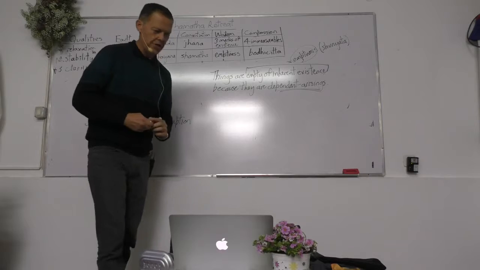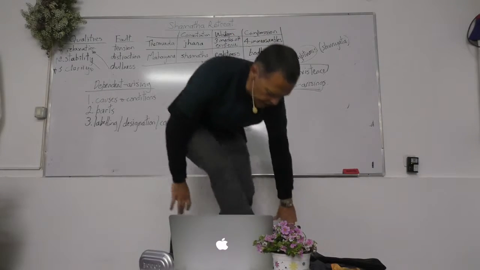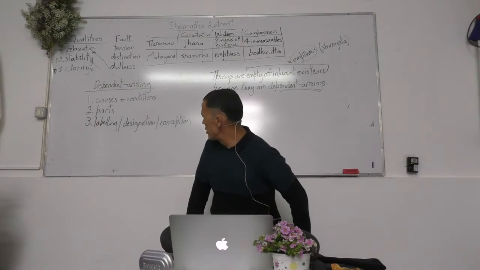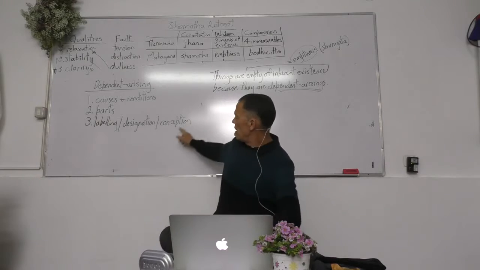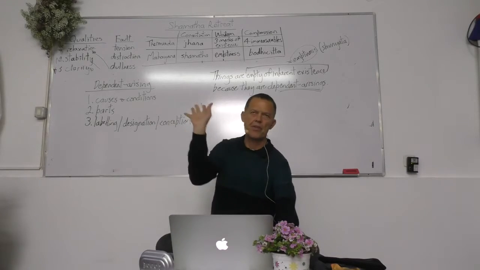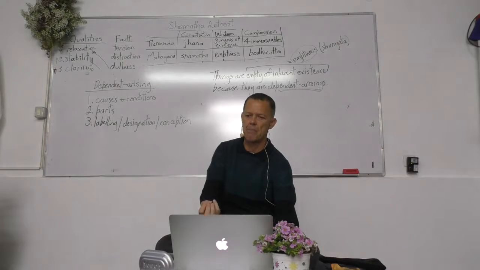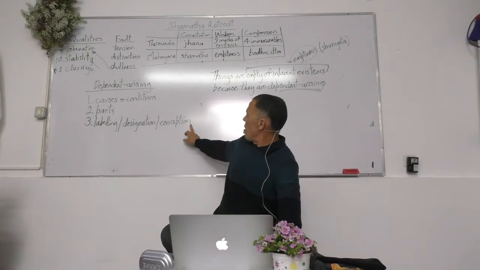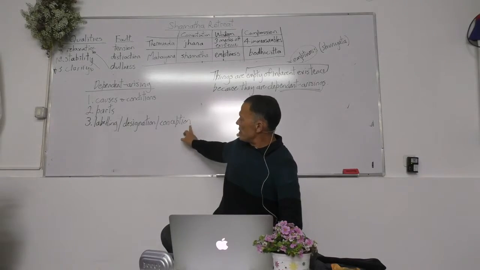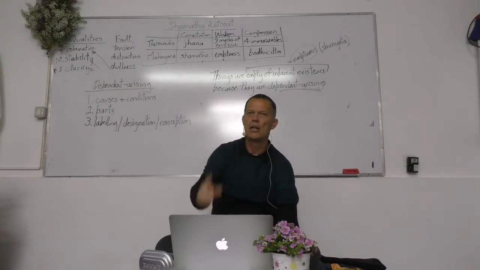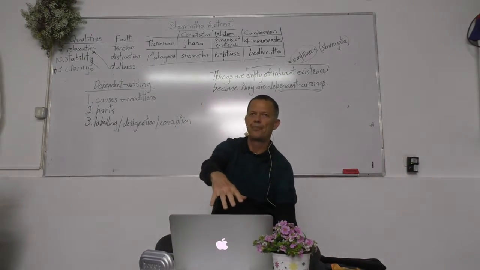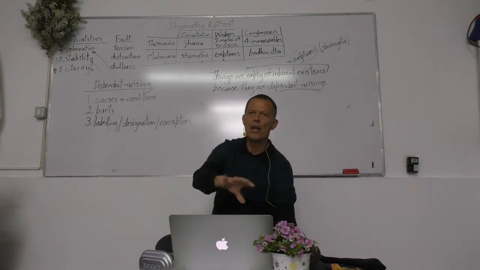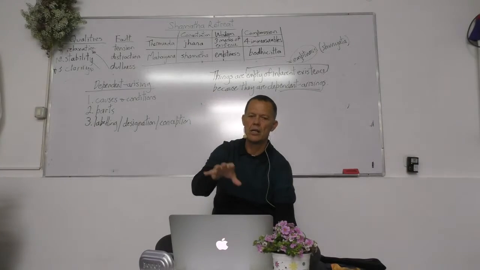And the third way in which things are dependent is they depend on labelling, designation, conception. These three words mean the same thing, just three different words for the same thing. And when we look at this, we might think, I think I know what that means. It means there's a thing here and I'm calling it a laptop. Again, that's quite a superficial understanding of